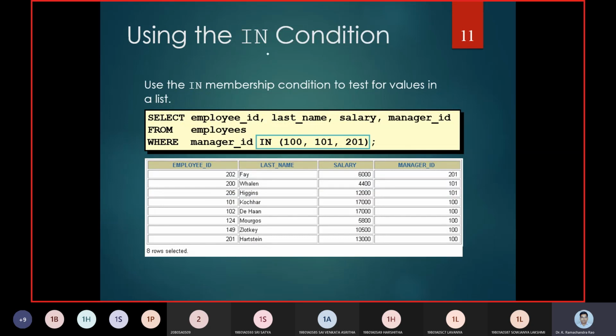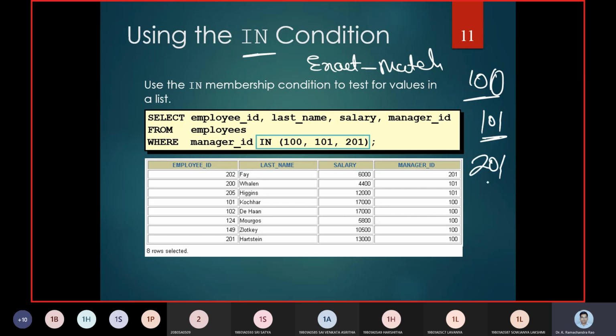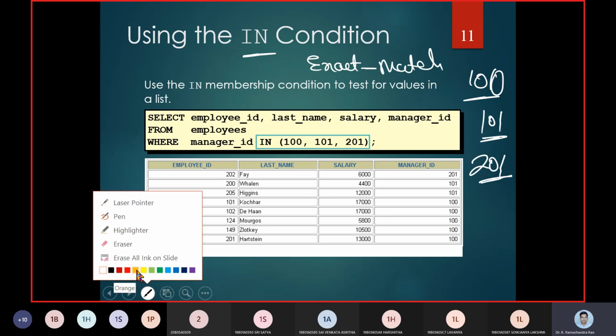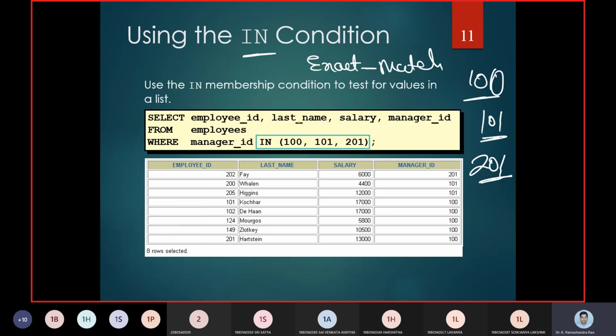And then we have IN, which gives an exact match. It can be 101, it can be 100, or it can be 201. For manager ID, it will check for an exact match. So 100 is an exact match, 101 is an exact match, 201 is an exact match.